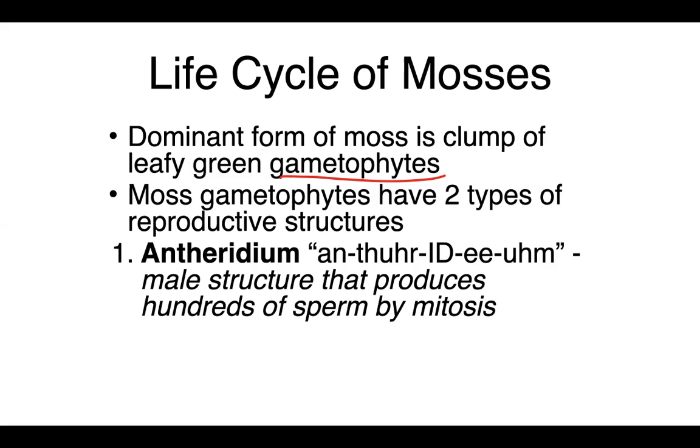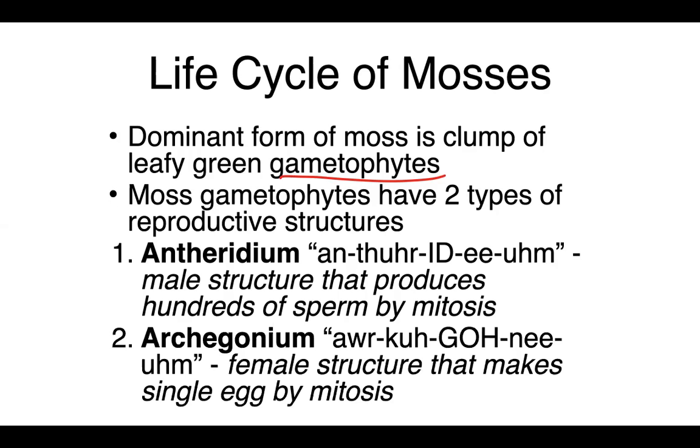The male reproductive structure is called the antheridium. This is the phonetic pronunciation, so it's antheridium. And that's the male structure that produces sperm by mitosis. Remember, these are gametophytes. The stages of the plant life cycle are named based on the reproductive structures that they produce. So gametophytes produce gametes, sporophytes produce spores. The antheridium is the male reproductive structure in the gametophyte that produces sperm,